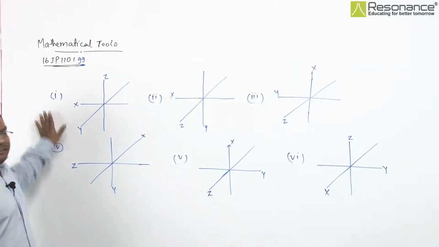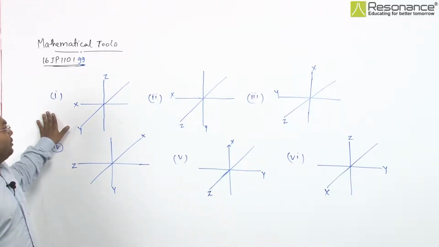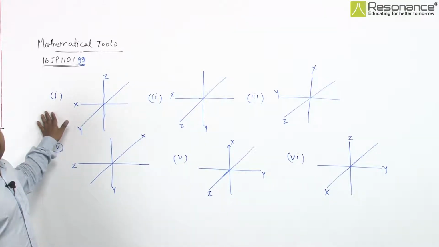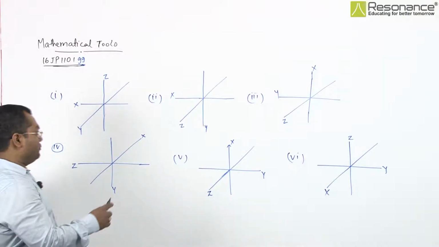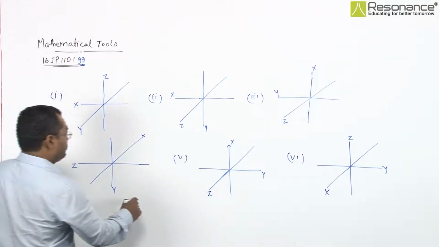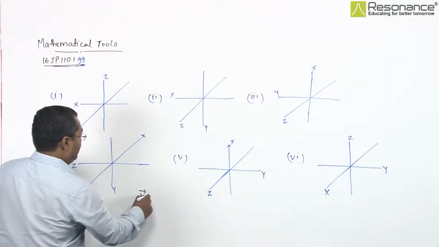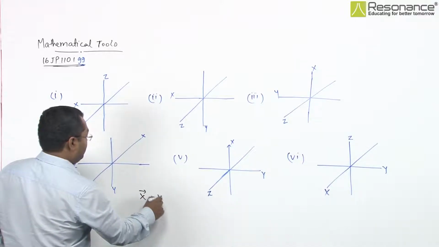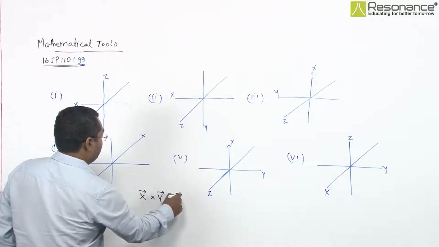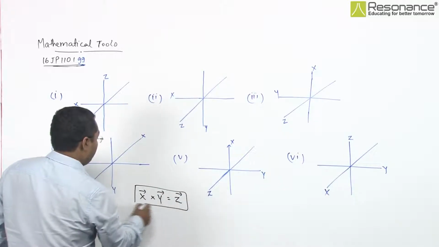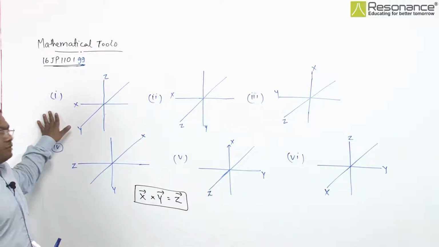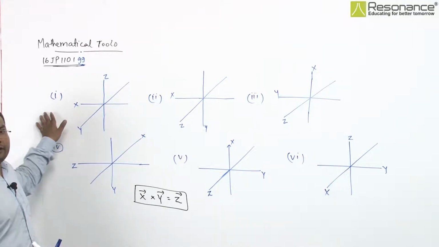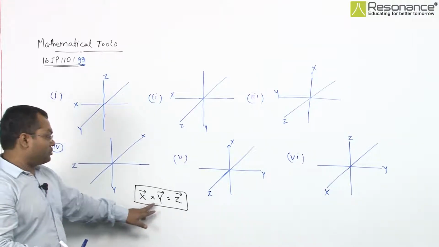In these 6 diagrams, it is asking which diagram correctly represents the right coordinate system. In the right coordinate system, we use the concept x cross y equals z. So in these 6 diagrams, we will simply check which diagram is showing the correct representation of this x cross y